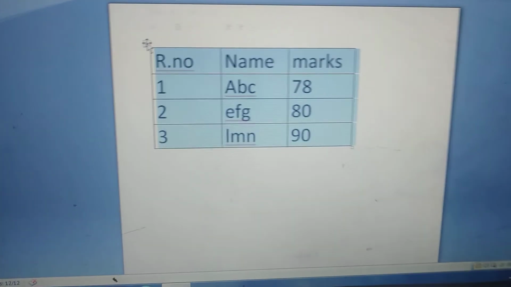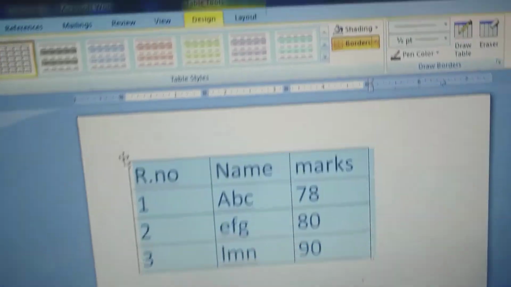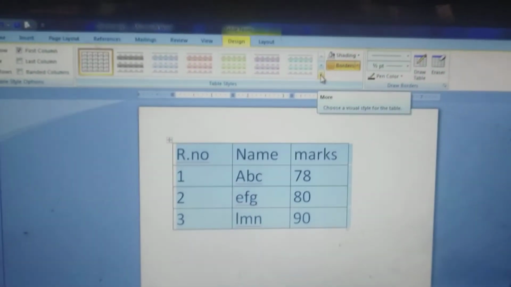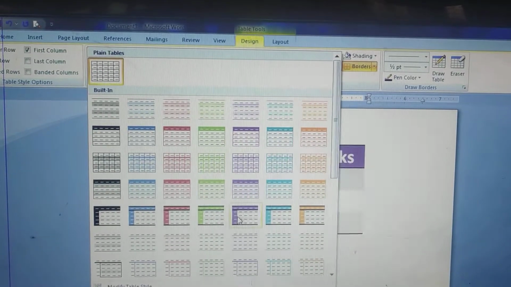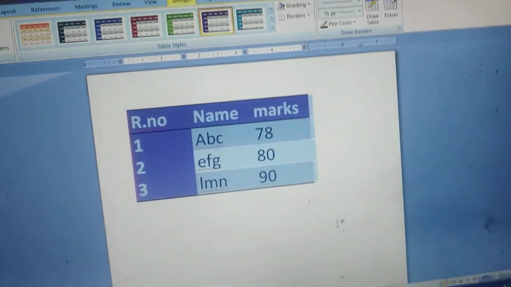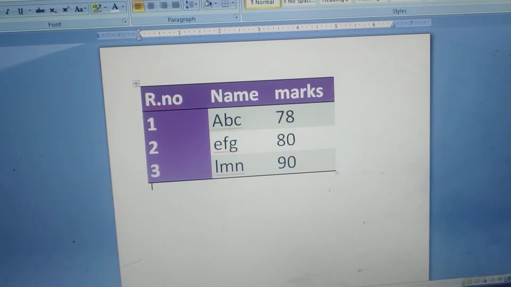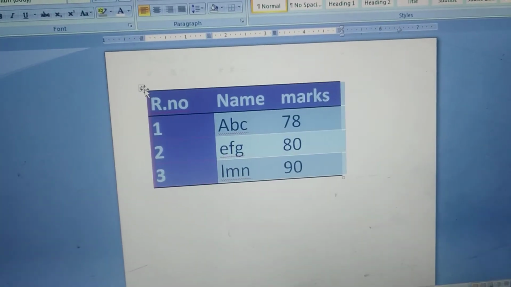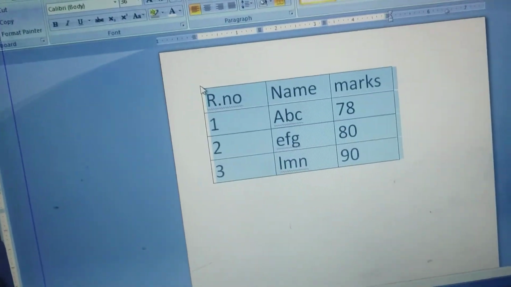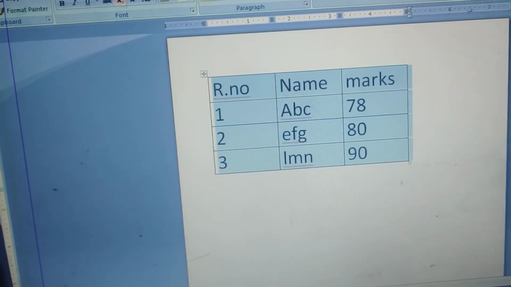When you double click on that arrow, you will get such a screen. Here ready-made formats are there. You can take any format. See, that format is applicable to your table. If you don't want it, then undo, and then select another.